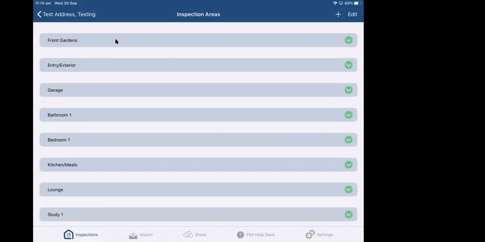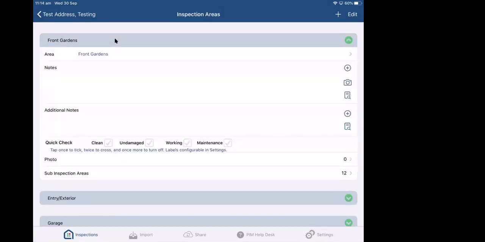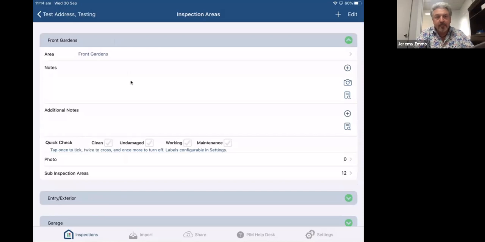Once we go into an area, I've got my data collection screen, and you'll see I've got a number of different things in here that I can add information to that room. I've got my quick check labels. Our default is standardized to clean and damage working and maintenance, but you can actually choose to either not use those and have them removed from your template, or you can change the labels on these in settings.